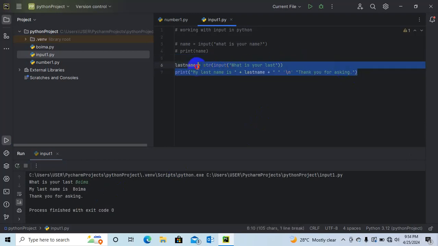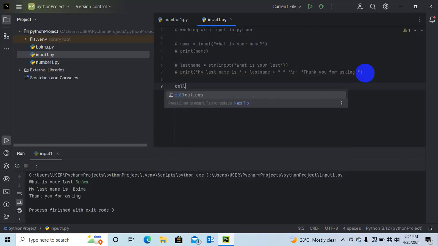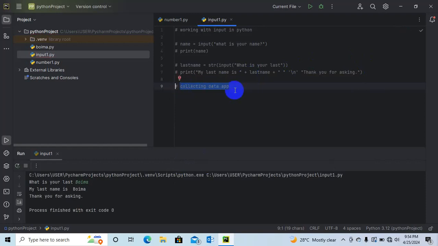Enter, and I'll write a comment here: collecting data app. This is the app we want to build. We want to collect data.